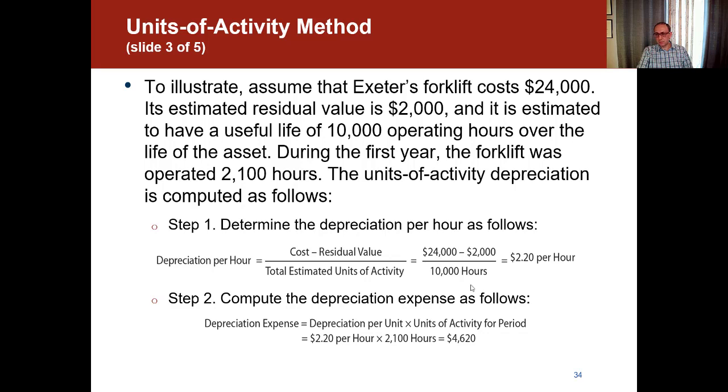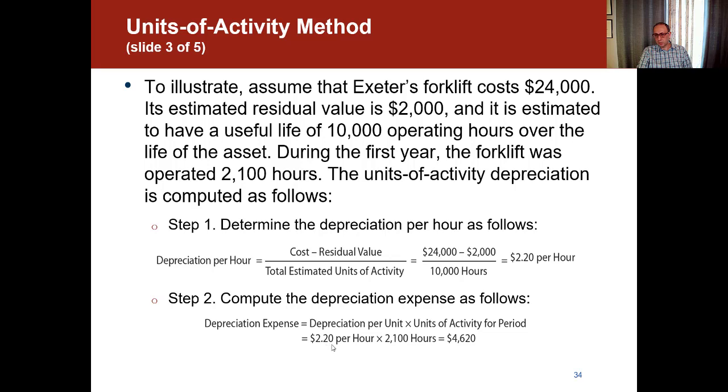It's not an actual number, but it should be an educated estimate, something based on historical value, based on the industry. So we know that it usually works around 10,000 hours. So the rate here came out to be 2.20 cents, or $2.20 per hour. So to calculate the depreciation for the first year, we get the depreciation per unit, which we just calculated to